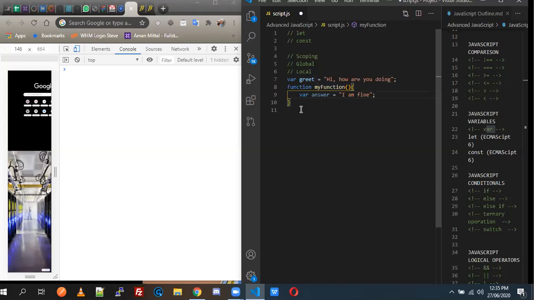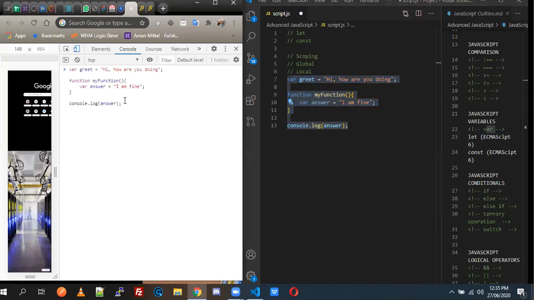So if we do something like, let's say outside of this function, I want to access the answer, I can do console.log. If I do console.log answer, let's copy this and paste it in our console so that we check what we are going to get. So if I do this now and I send, we got an error. Answer is not defined at this particular line. So it means that we can't